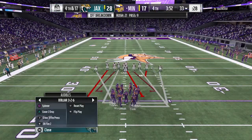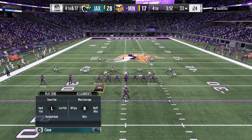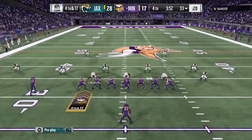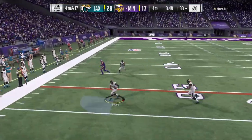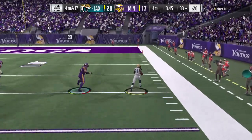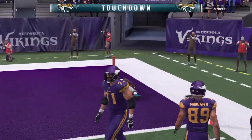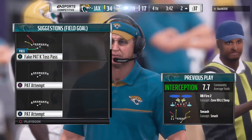And they're indeed going to go for it here on 4th down. So trailing here in the last quarter. Let's see how this plays out. And some changes here as the D-line separates some. And he fires one that's intercepted. He's picked off at his own 47. And he will take this one home. It's a touchdown. And that one will pretty